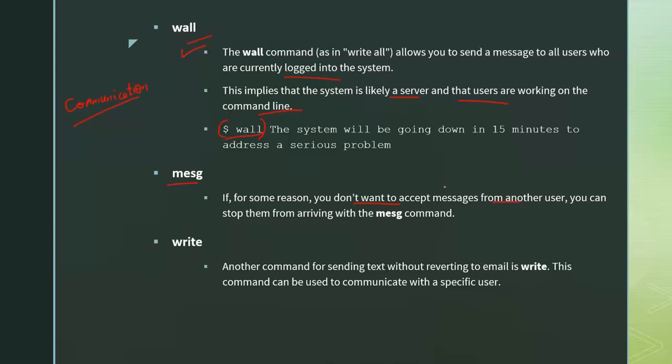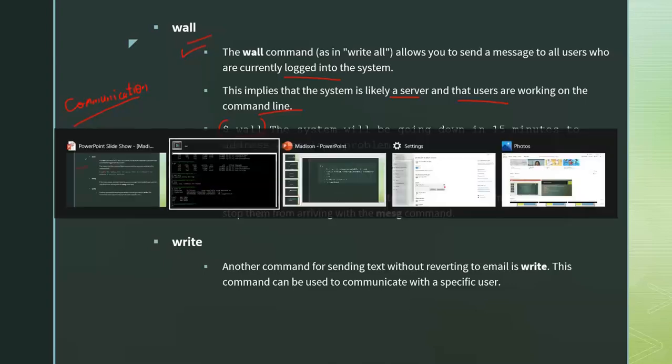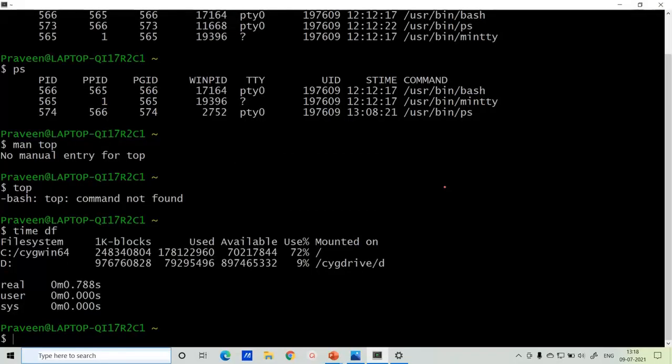For this we'll be using the option n, which will help us block the user. We can see that in the man page. Say I'll use man and I'll use mesg.